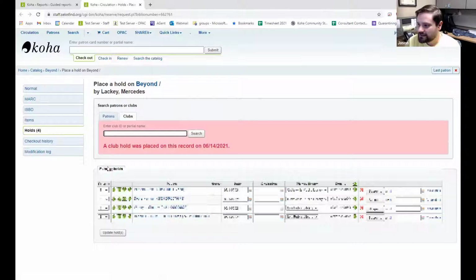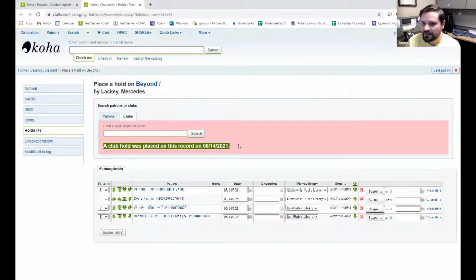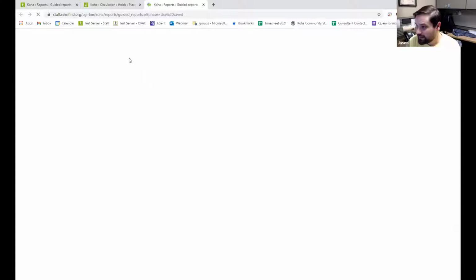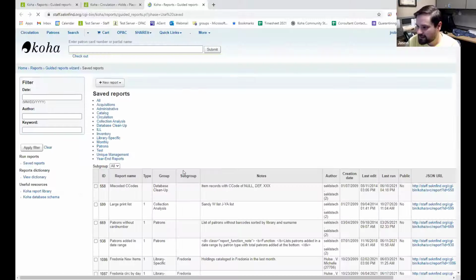And on this tab, whenever you click clubs, I have a big notice that says when the club hold was placed on this record, so that if someone goes in to place a club hold, they know they shouldn't, because it's already been placed once, and I don't want to put any old holds back on there again. And that is using just a simple report, I think, that looks at